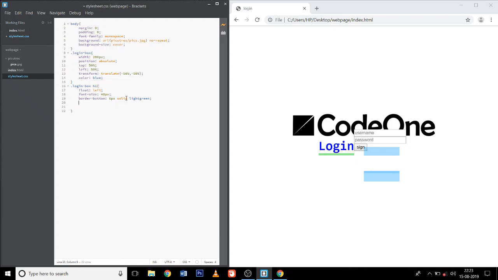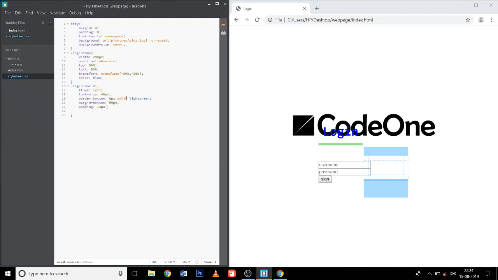And then bottom margin will be 50 px. Okay, and then add the padding thing. Padding will be 13 px. Okay,